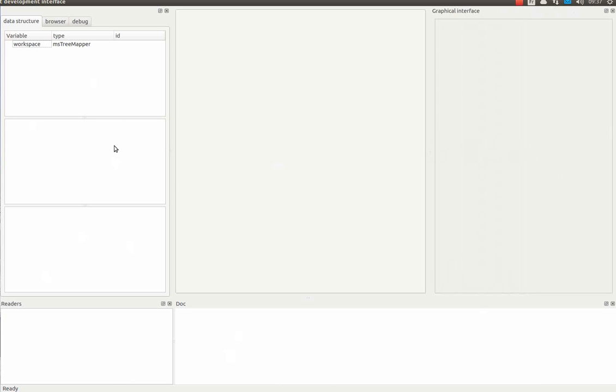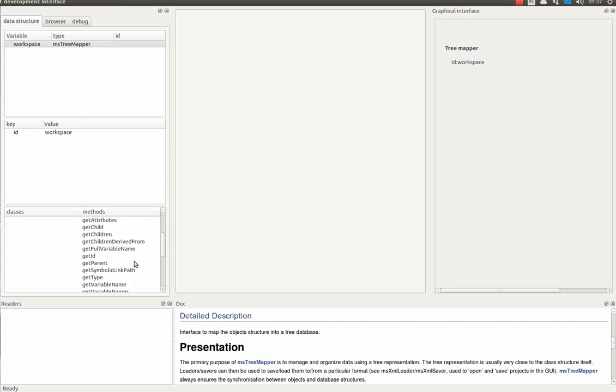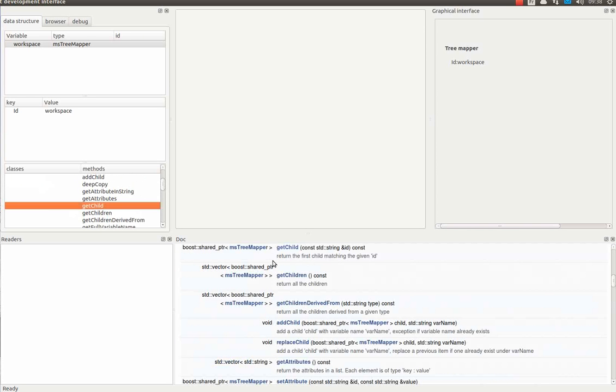On the left side you have everything related to the data structure. Here I just launched the application, so we have only one empty workspace. Here we have all the methods available for your objects. Here at the bottom of the screen you get the Doxygen documentation of the code presented to you contextually. That means that, for instance, if I click on one method here like getChild,